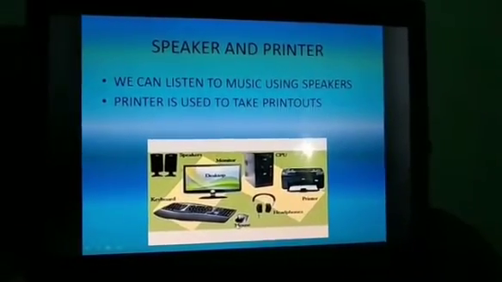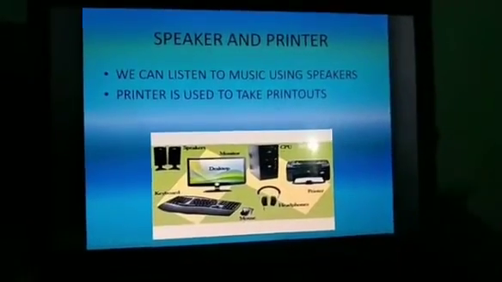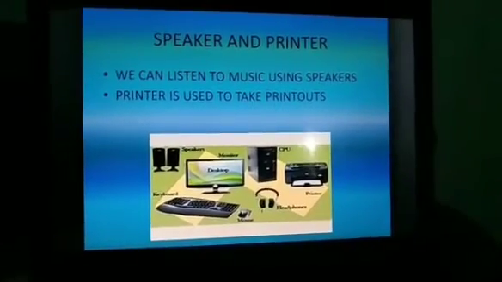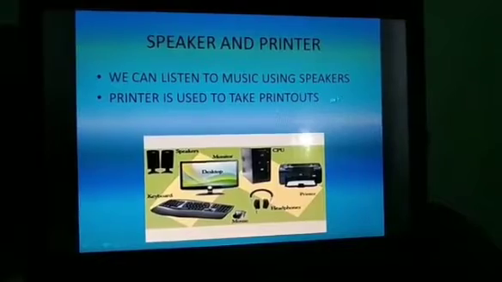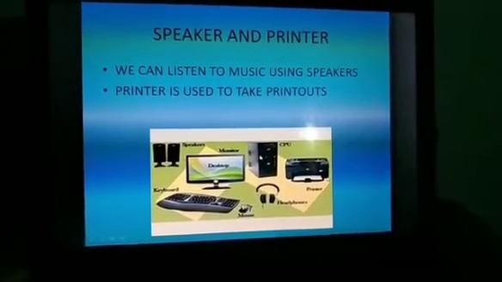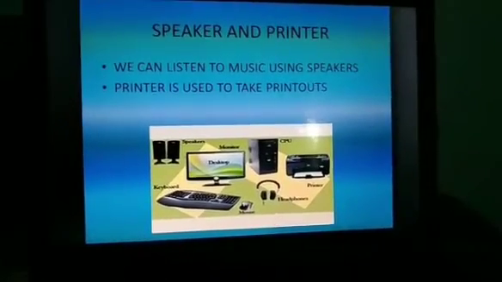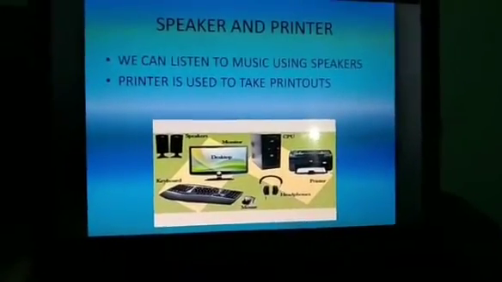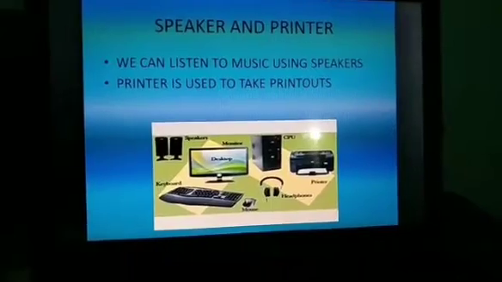And this is a mouse, which is a pointing device through which we can select any objects in the computer. The CPU, what is it? It is the main and major unit of the computer, which is also called the brain of the computer. It is the Central Processing Unit.